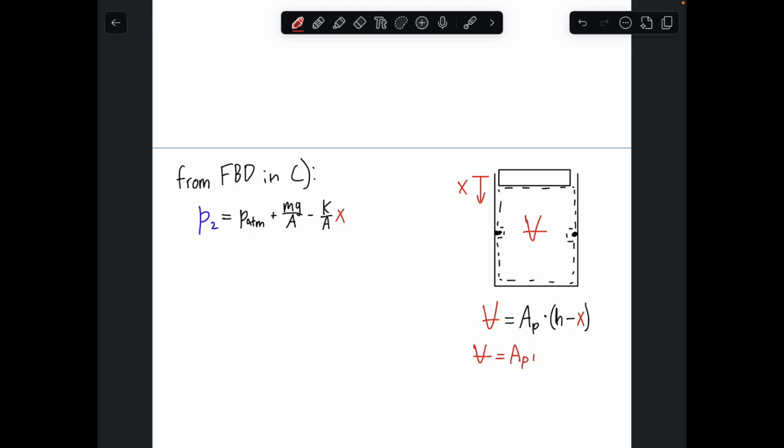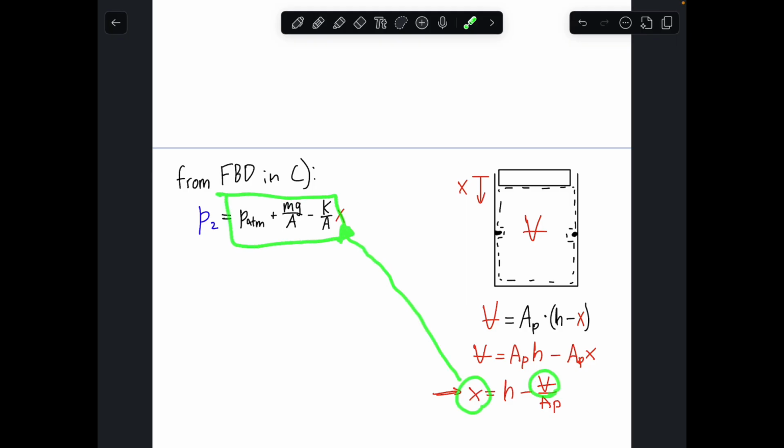V equals AP times H minus APX. And so if we rearrange this for x, we would get x is equal to the height minus volume over AP. And if we just plugged this x directly into our equation here, then we would see that pressure is equal to some constant stuff here times V to the 1. I guess I can do that if you really want to see, but pressure is equal to